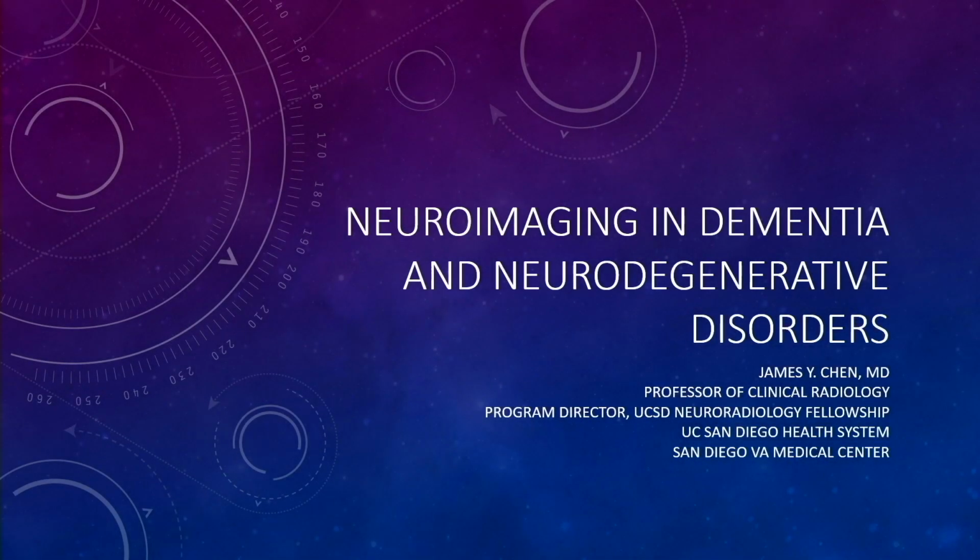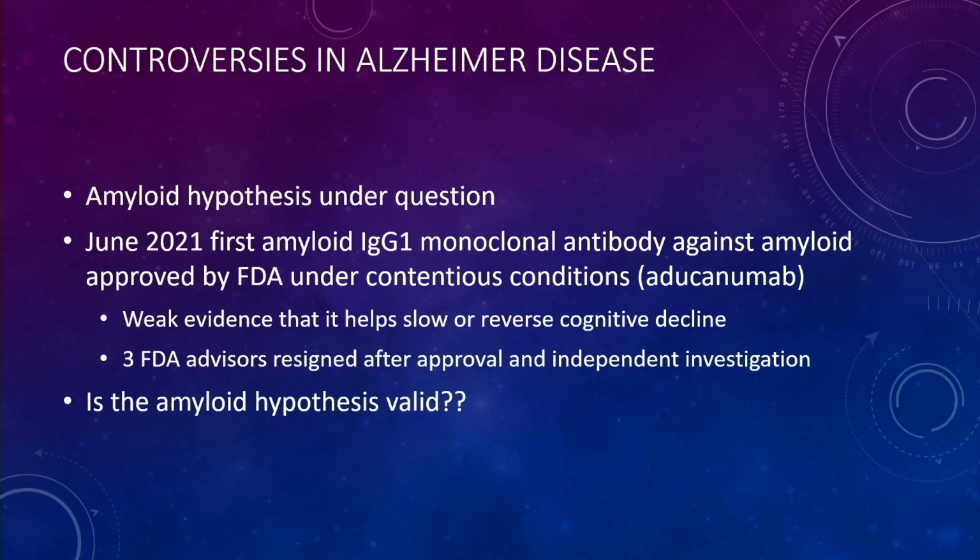So we're going to talk a little bit about neuroimaging and dementia and neurodegenerative stuff, right? You know, I don't know how many of you have been following, but Alzheimer's disease has gotten really controversial, right? We now have some medications that really are supposed to decrease amyloid in the brain, and it's a little bit interesting. So the controversies are out there because they don't really seem to be super effective, and in fact, the European authorities have not really approved it, but we have approved it in the US and some other places,